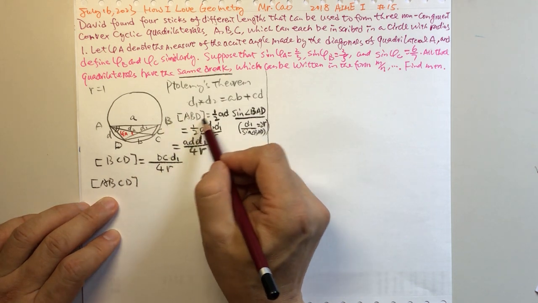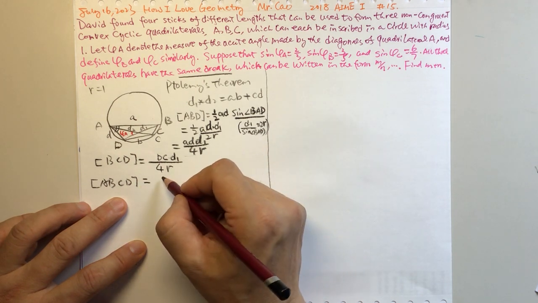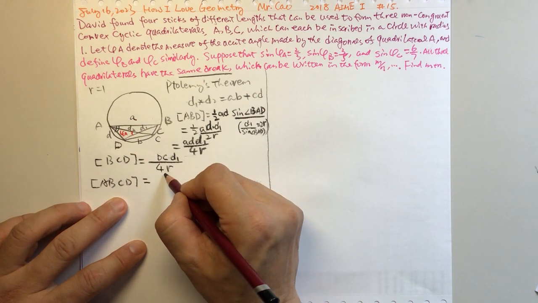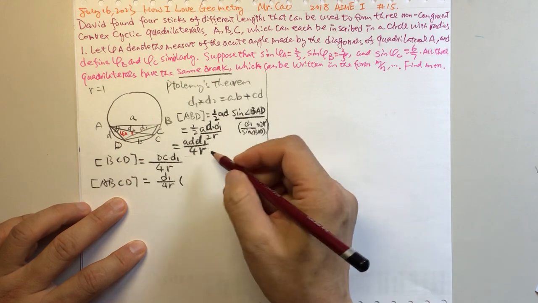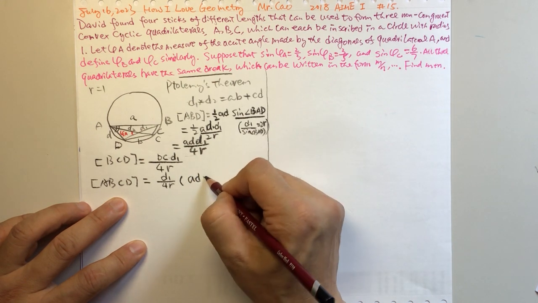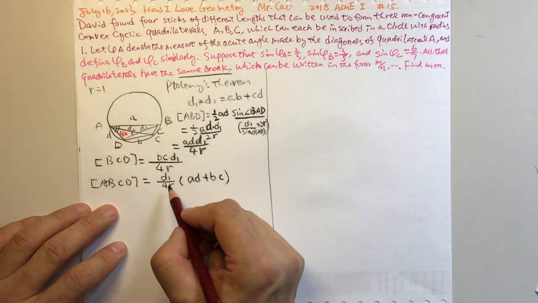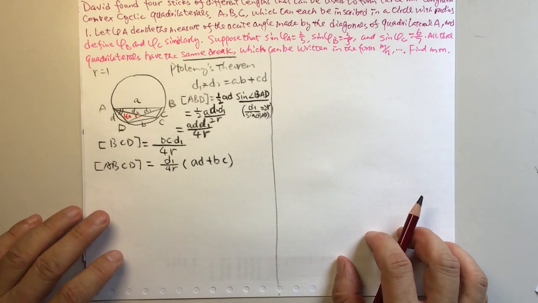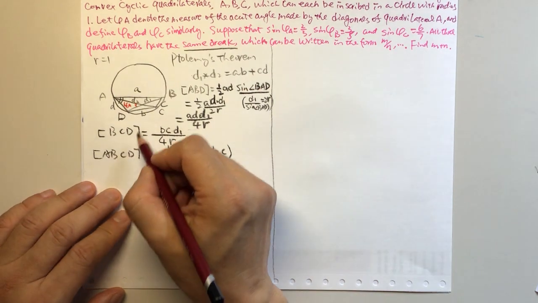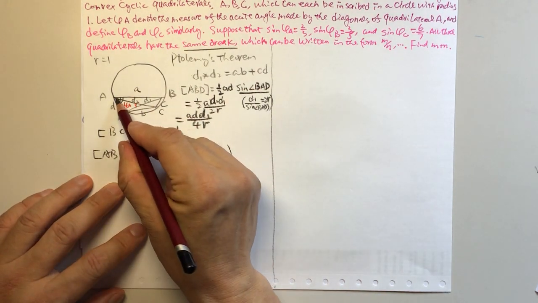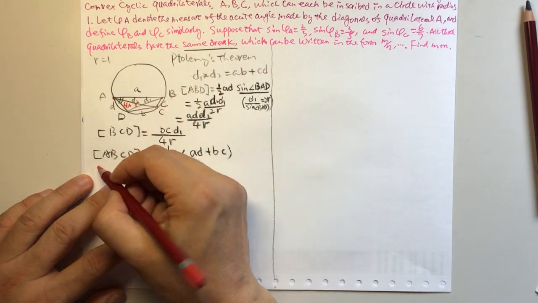So the area ABCD equals the area of this triangle plus the area of this triangle. So we put them together, so that all of them have D1 over 4R, then times AD plus BC, right? Okay, that's the first conclusion we can get. And then we will change to another way to do the same thing. The area for triangle ABC,